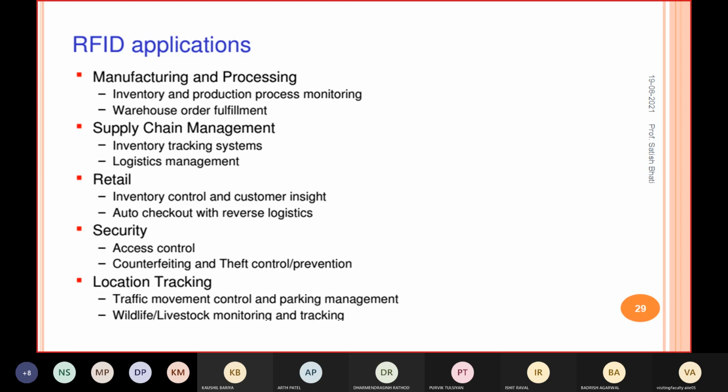In logistics management also you can use it. In a retail store, you can do inventory control and customer insights, right? You can do auto checkout with reverse logistics.